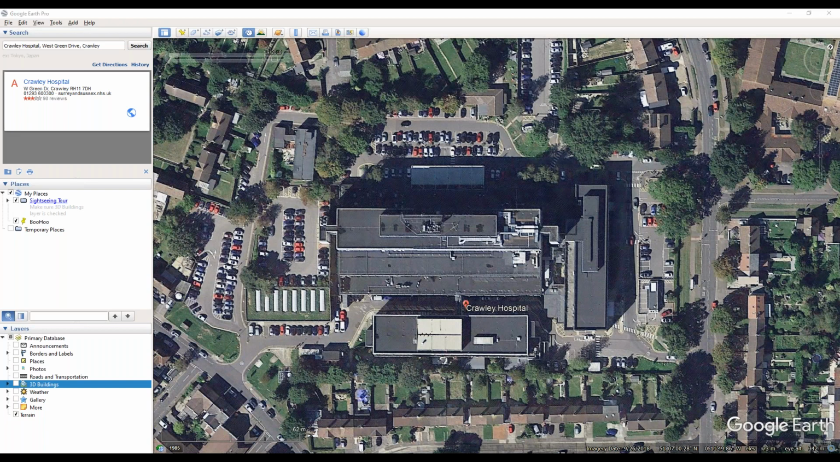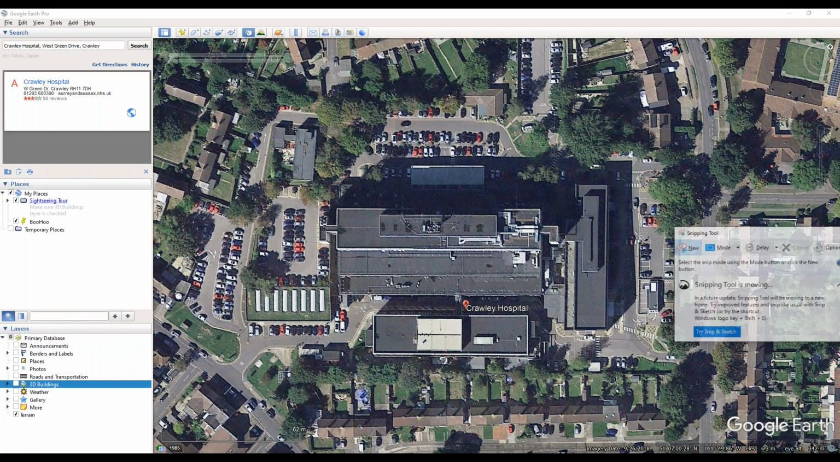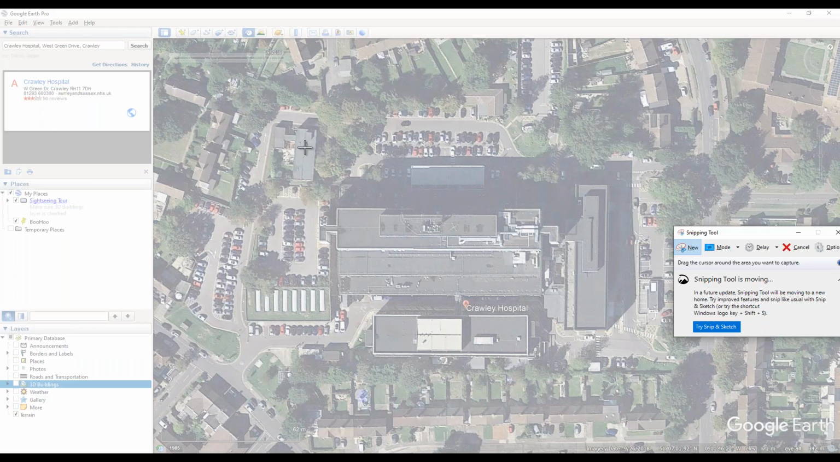So what you do is go down to your search bar within Windows, type in snip and bring up your snipping tool, which will bring you up with this. You then simply hit new. The snipping tool is available on most Windows devices, as far as I'm aware. This is now going to let you drag a box,